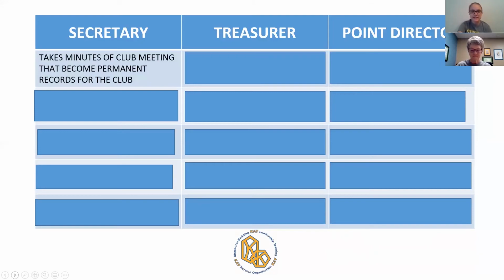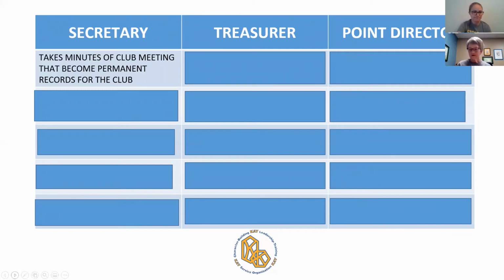So when we talk about minutes, that pretty much means notes. So the secretary, one of your jobs for your position is to take notes in all meetings so that you have a permanent record of them and you can go back and find out what you discussed at each meeting and if you need it for later reference. There are some clubs that I've been a part of that, you don't think that the minutes are that important, but if it's been a couple weeks since the meeting and some kind of question comes up, you go back to those minutes sometimes for the answers. It's really important that a club keeps good minutes so that you do have a record of what was decided and what was talked about.